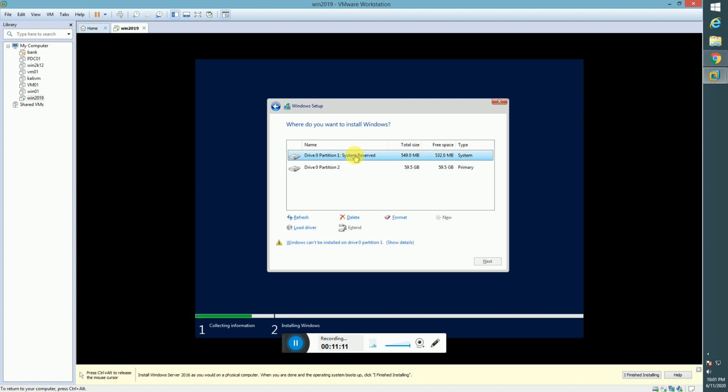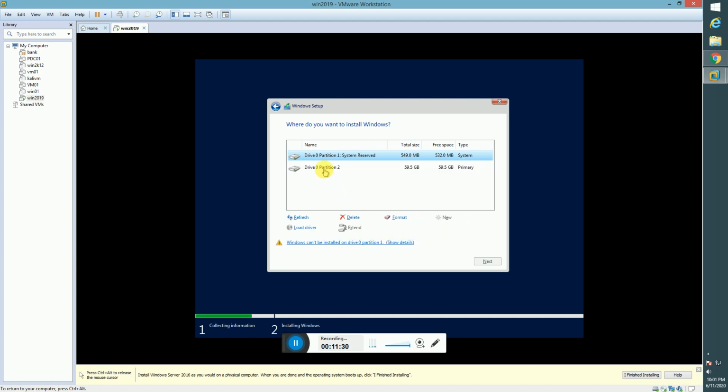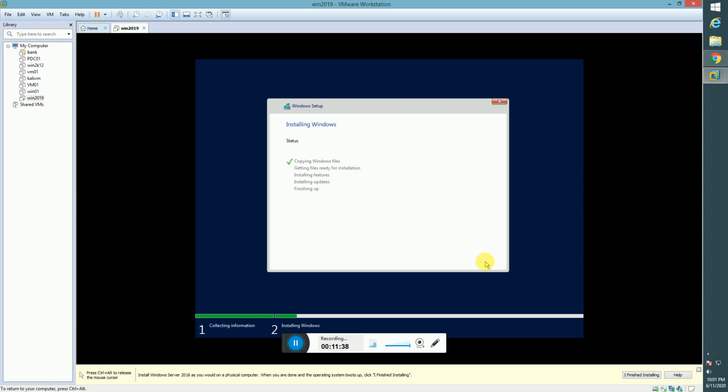If you click on this partition, it will say Windows cannot be installed on this drive partition. Click on details. This partition is too small. Okay, minimum requirement is at least 9 GB, approximately 10 GB of space is required. Okay, for OS installation, we will select the remaining partition after 550 MB. Click next. OS installation is now in progress.